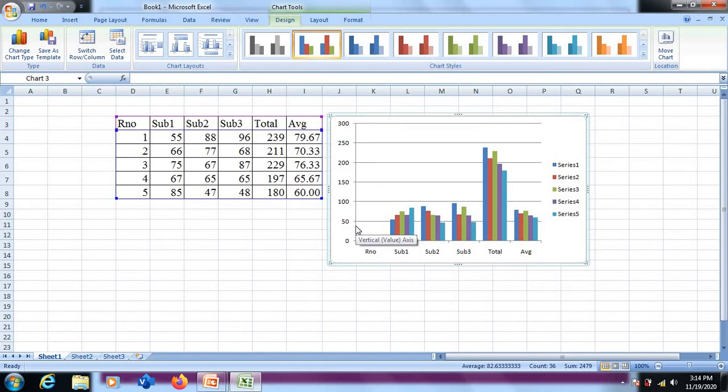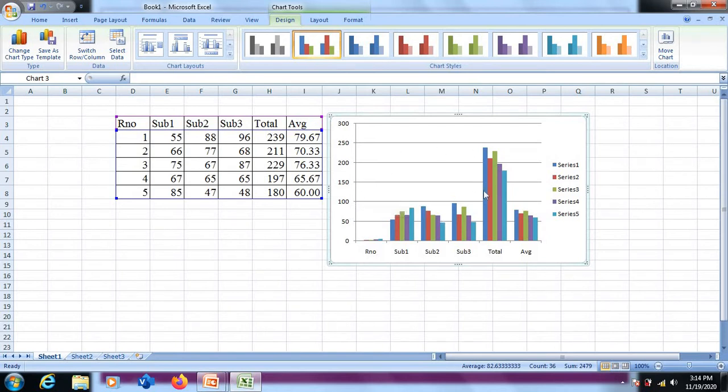We have a provision, a facility in MS Excel charts to change this combination as well. With this chart, at the x-axis we have columns available. We can interchange this with rows as well. What I mean by this is, at the x-axis instead of having these columns we can also have rows. That is, we can have roll numbers 1, 2, 3, 4, 5 at the x-axis, and we can have values here. That choice depends on what kind of data you have.